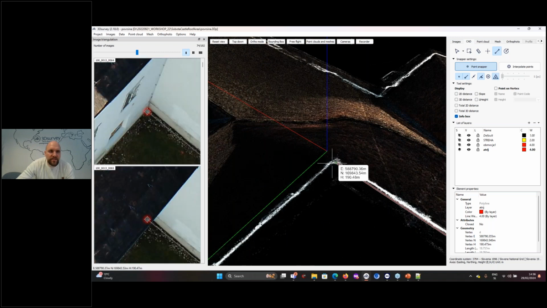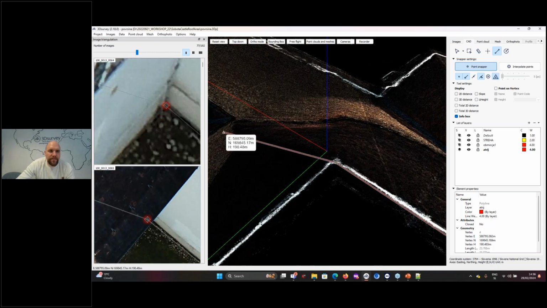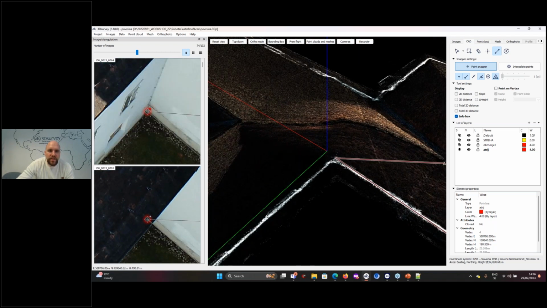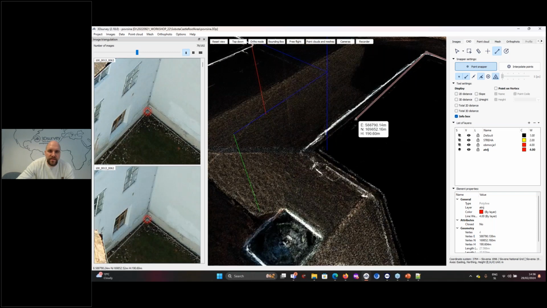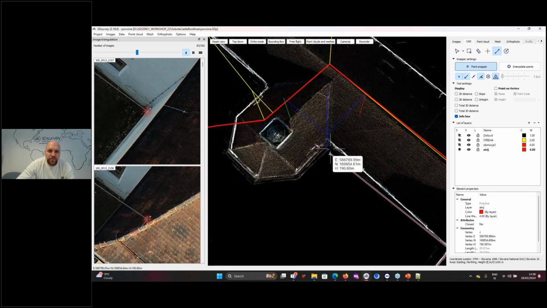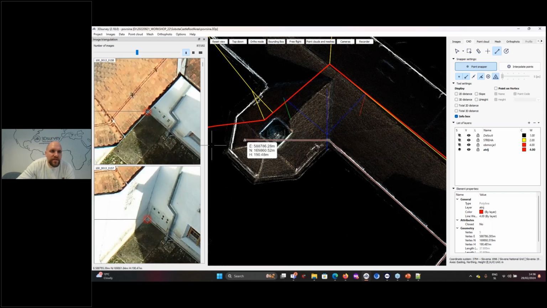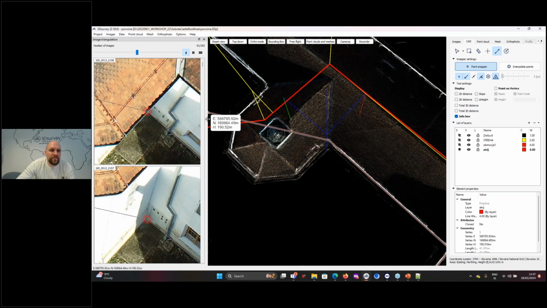So I'm slightly slower, but in real life, if we do this, we can be very, very fast marking the corners. So here the situation is a little bit more tricky. You notice I don't see this position very well in the first picture.